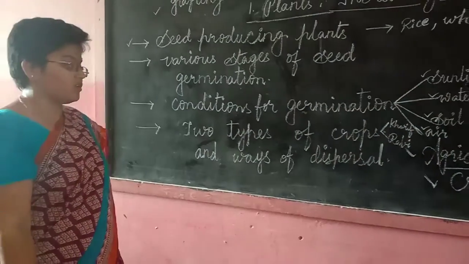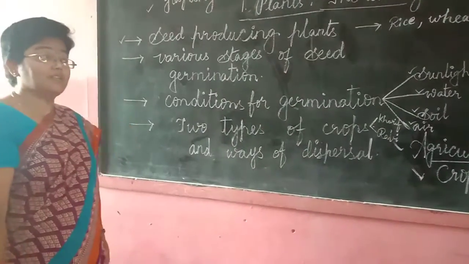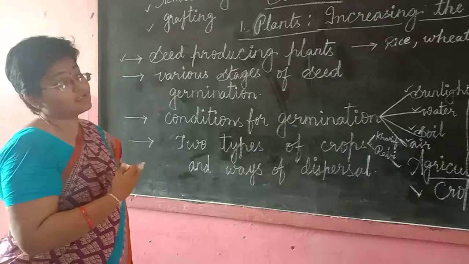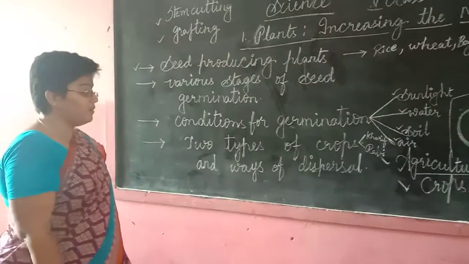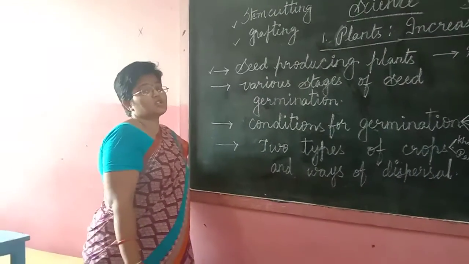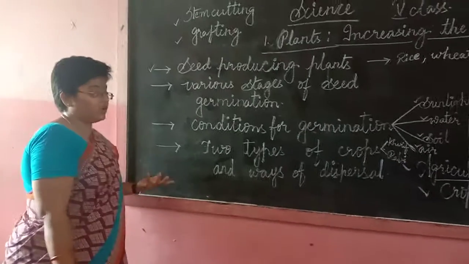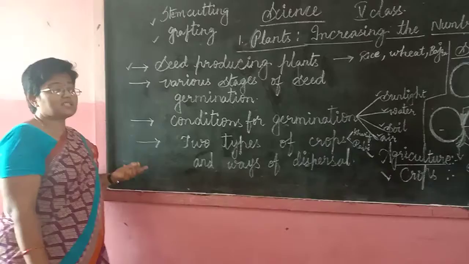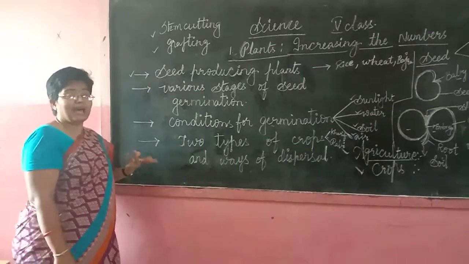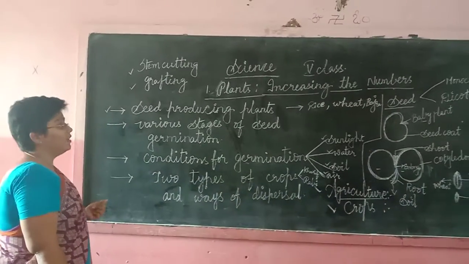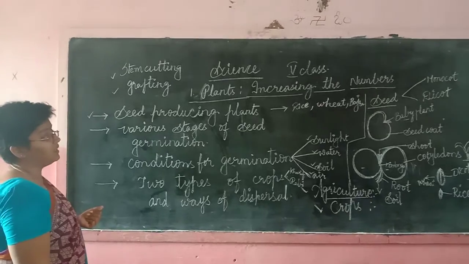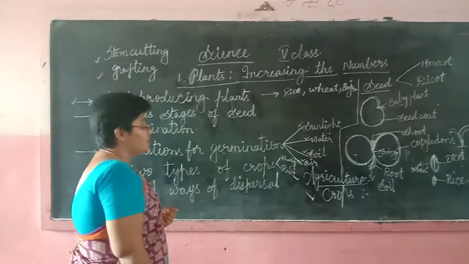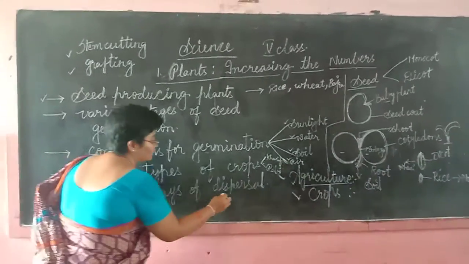So I am coming to what are the different ways of seed dispersal. As we have discussed, seeds are to be dispersed. In how many ways are the seeds dispersed? As per our knowledge and as per our surroundings, we used to see the seeds being dispersed with the help of animals and birds. Then what are the other ways of dispersal? So let us see what are the different ways of dispersal. So dispersal used to be done with